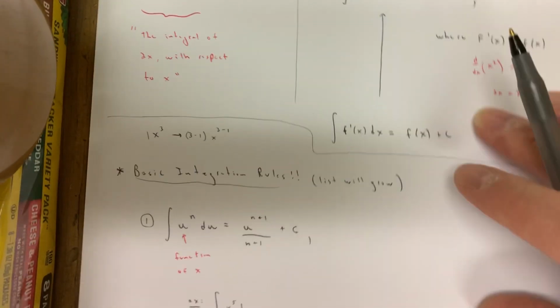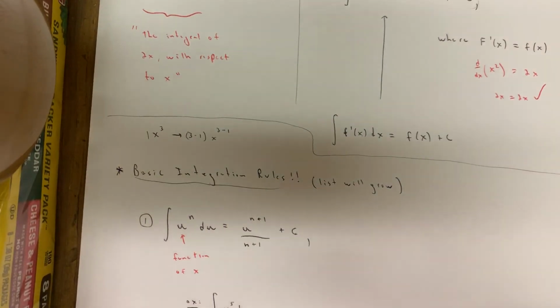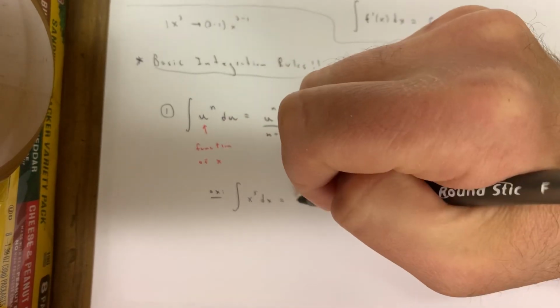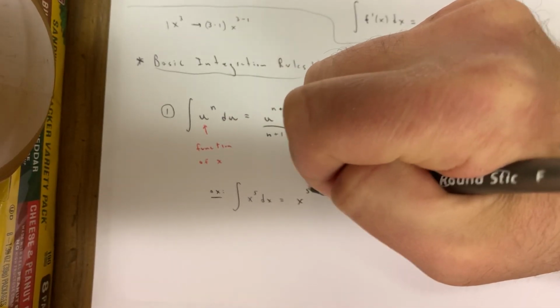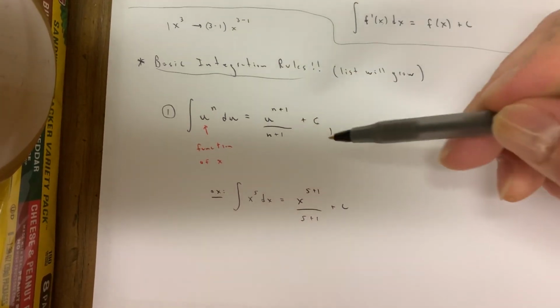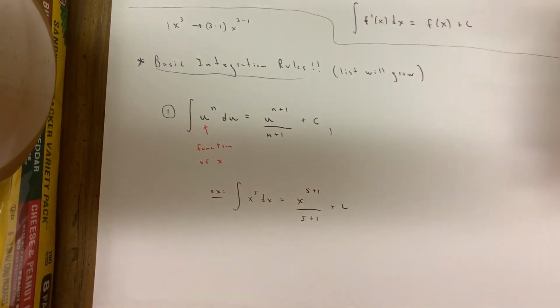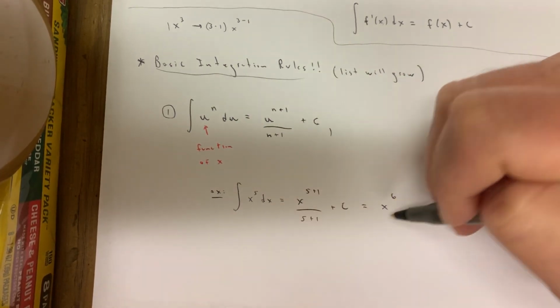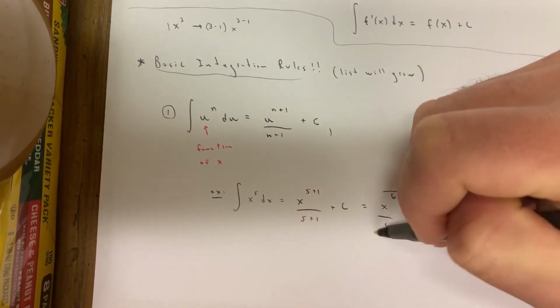Usually with a function, the derivative is not the same thing as the integral, but there is one function where it certainly is. E to the x. We'll talk about that when we get there. But what we're going to do is we're going to rewrite the base. We're going to add 1 to the exponent, 5 plus 1. Then we're going to divide by that new number, 5 plus 1. Then put a plus c. So you can see it's the same as over here. But really, it's kind of silly to write that. You're just going to rewrite the x, add 1 to the exponent, divide by that number, add c, and whoop,